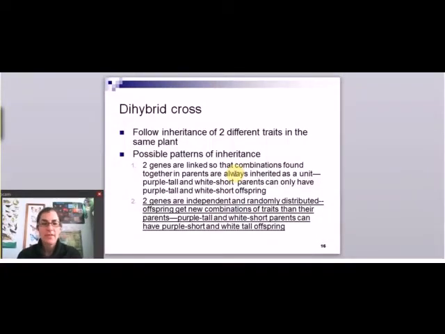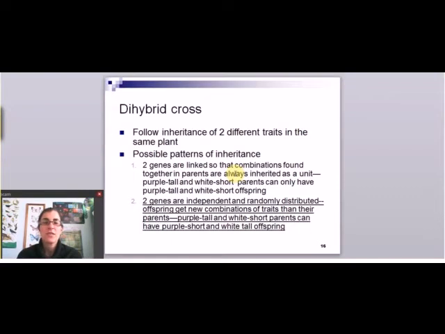Mendel learned a lot from his monohybrid crosses, or crosses that followed only one trait. But his next step was going to be crossing organisms that differed by two traits. And the question he really wanted to understand was whether traits were inherited together. So if they occurred in a combination in the parents, did they always have to be inherited in that same